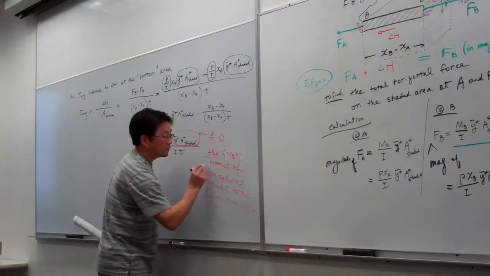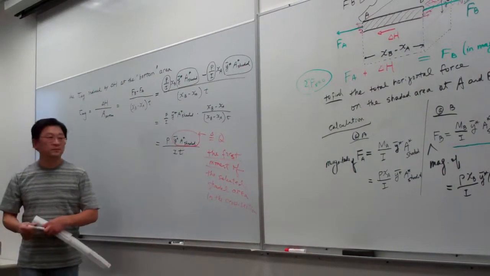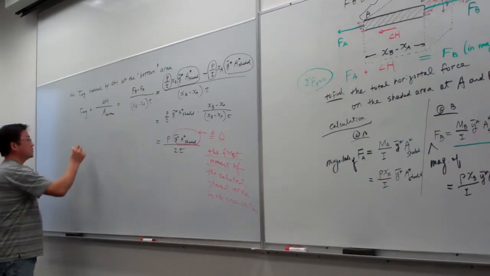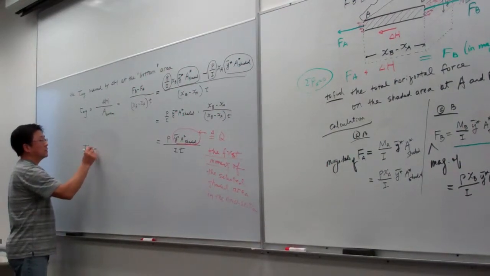Basically, that is called the first moment of something. So very clearly, the tau average is equal to